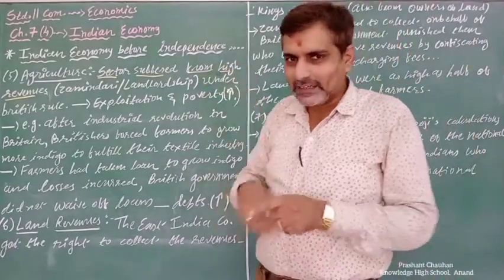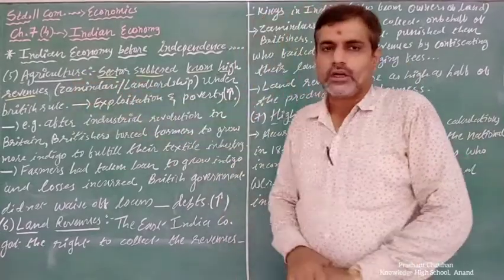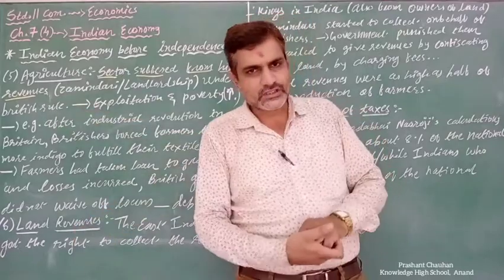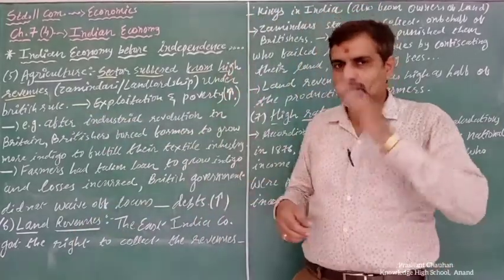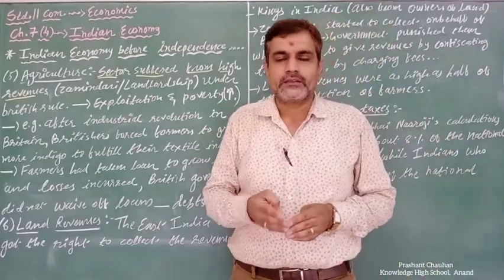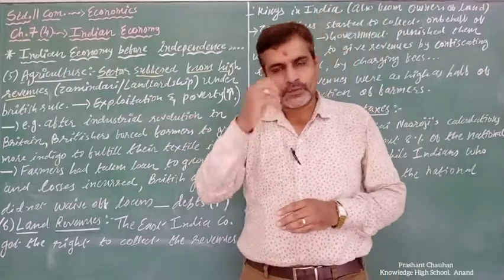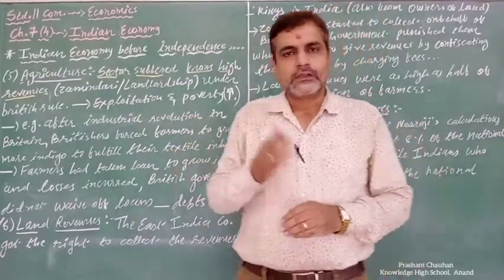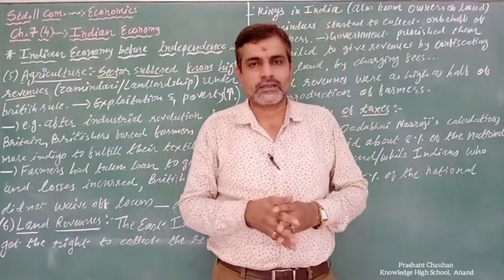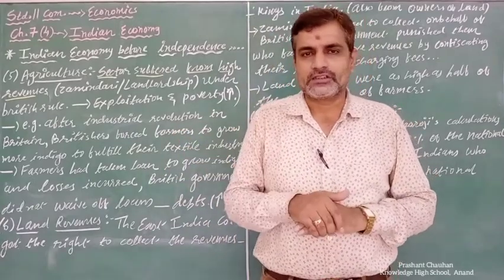That means they gave the work to the Zamindari system, to the Zamindar, and the landlordship was in the hands of those Zamindars. So high revenues were the part of the Britishers. Agriculture sector farmers had to pay high revenues or high taxes to the Zamindars. Right? Basic information on the Zamindar: the Britishers gave them the authority to collect the taxes or revenues from the lower level farmers.